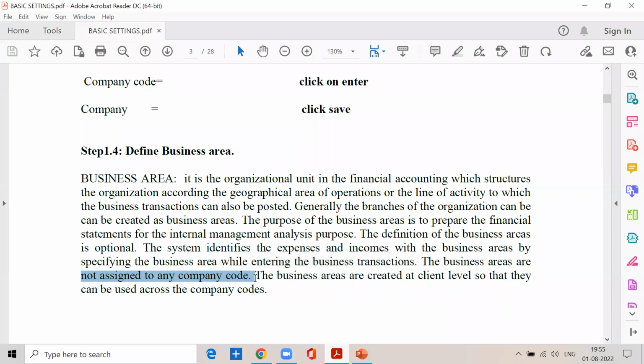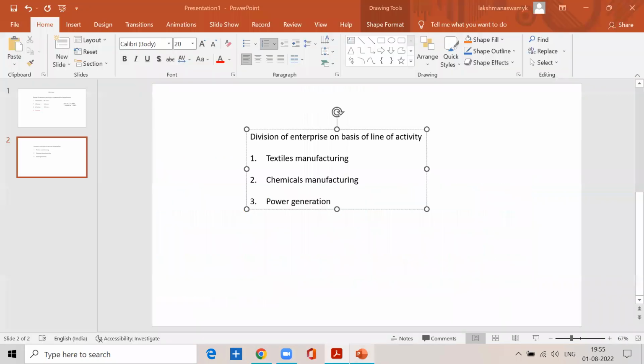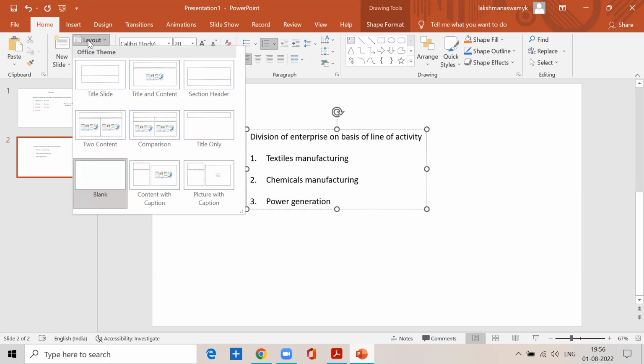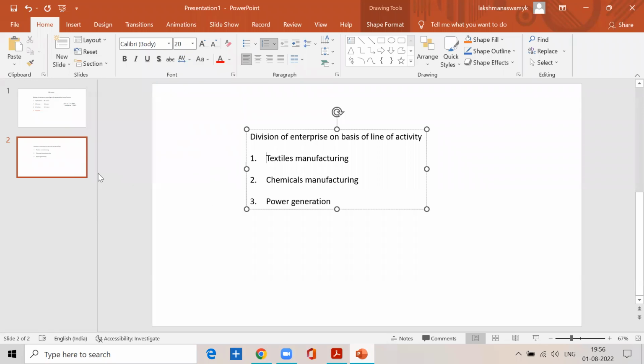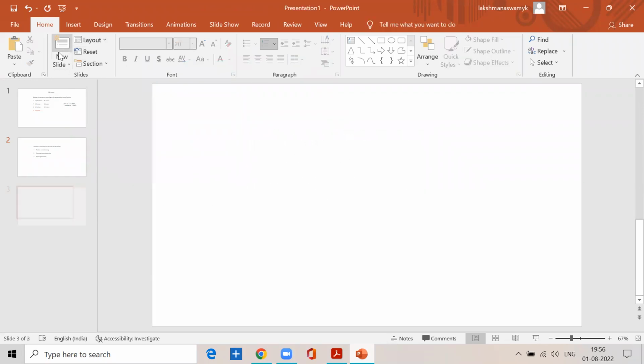Very, very important. The business areas are not assigned to any company code because the business areas are created at the client level so that they can be used across the company codes. Means what? Even if you want to assign the business areas to the company codes, it is not possible at all. There is no scheme, there is no transaction code. In that case, how will the system be able to identify the expenses and revenues with the respective business areas